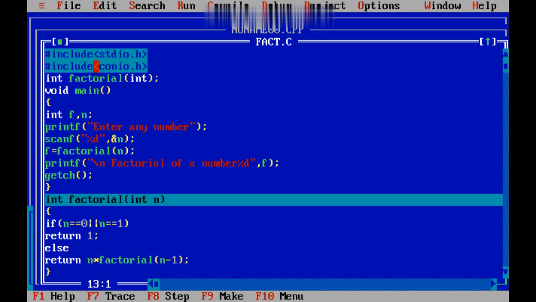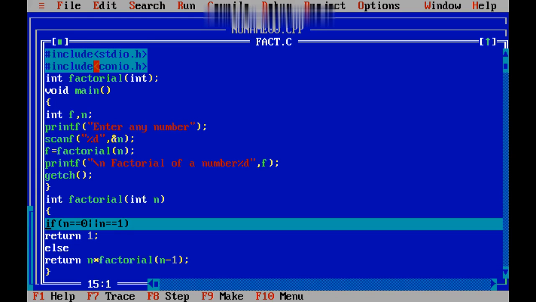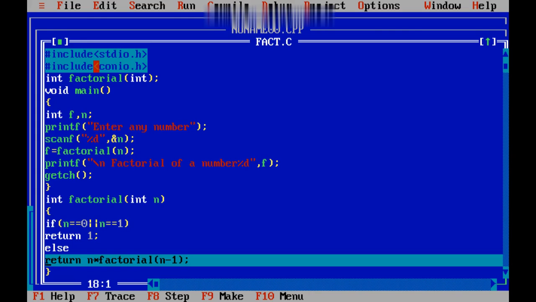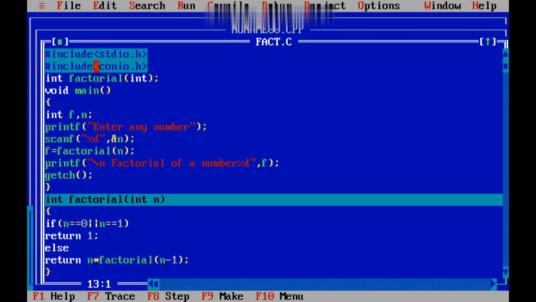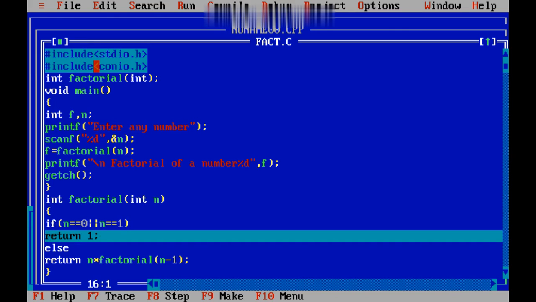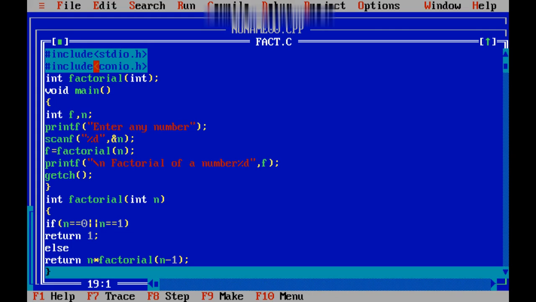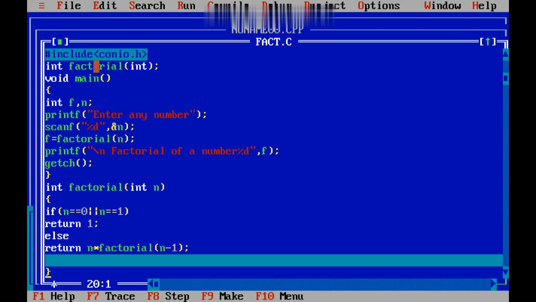Now my number is 2. It checks. No. Comes out and calls again. It goes with factorial again. So now it is 1. It returns 1. So now it computes 5 into 4 into 3 into 2 into 1. So the result has come out.